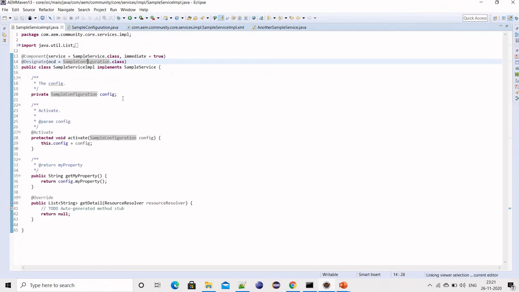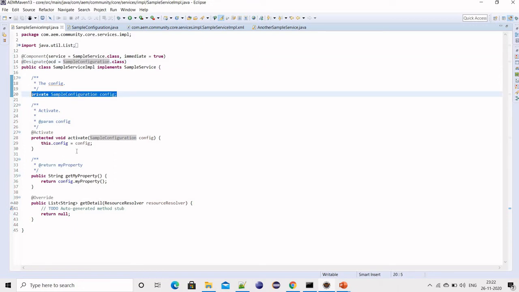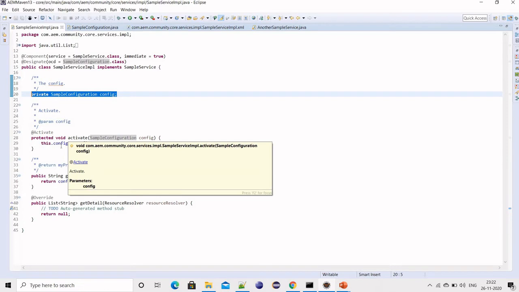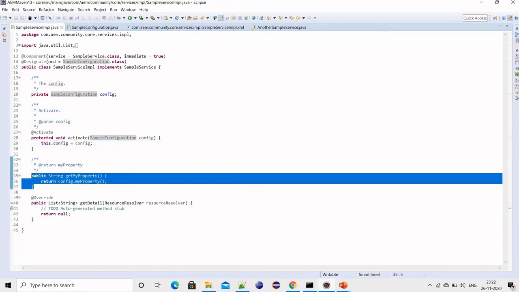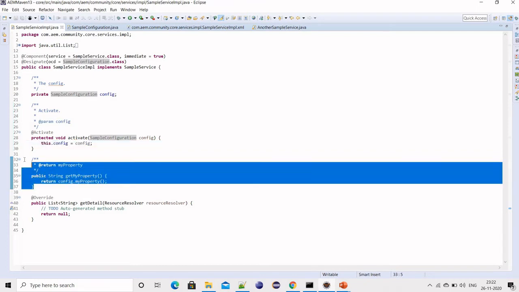Let me go back to the service implementation class again. I'm creating a private object of that configuration file, and within my activate method I'm initializing it. Then I have a public method, which is nothing but the property getter, in which I'm returning the property from the configuration file.